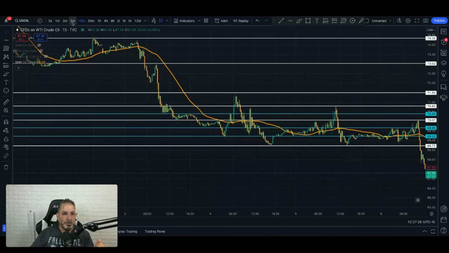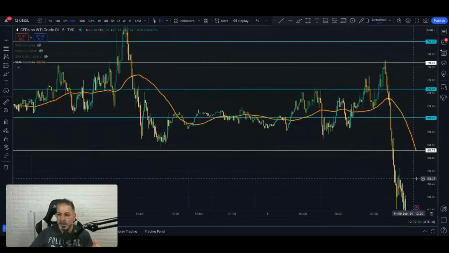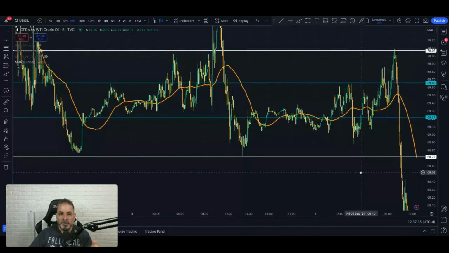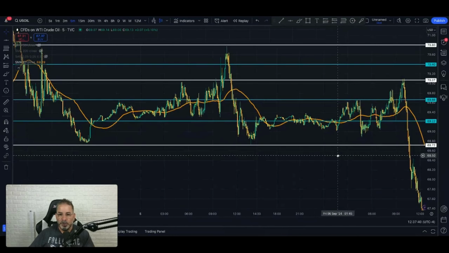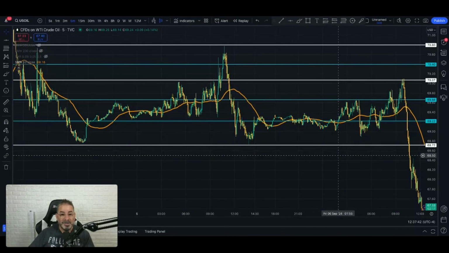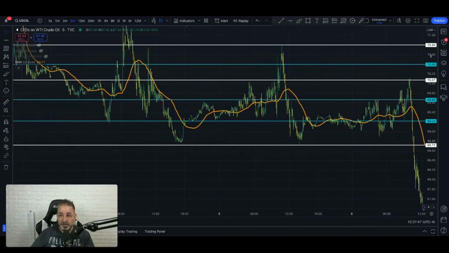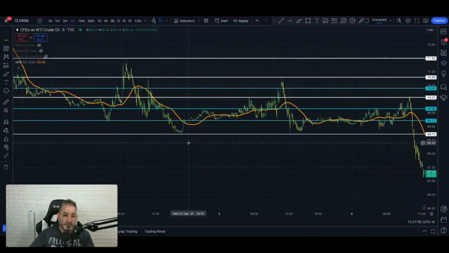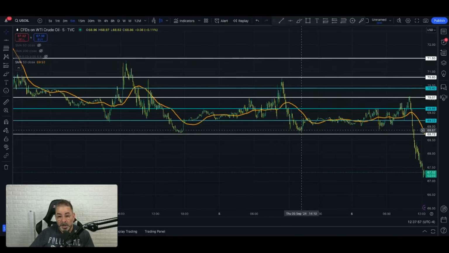Okay. Next thing I want to do is jump to the 5-minute chart. And all this you're doing before you even set yourself to trade. Because if I'm going to trade and sit in this window, I want to be able to look for certain things on the 1 minute chart. I'm still on the 5-minute chart, right? And you can see as you drop down, this is why moving averages and all that other stuff is very unclear as you drop down to a smaller time frame. This is why I put it on purpose on the 1 hour, because when you drop down to the 15 or less, you really don't even need it.